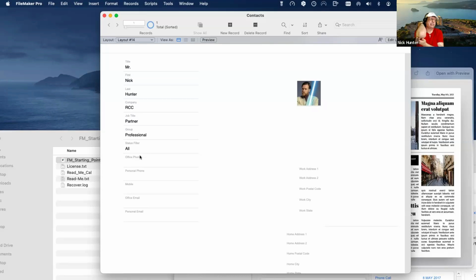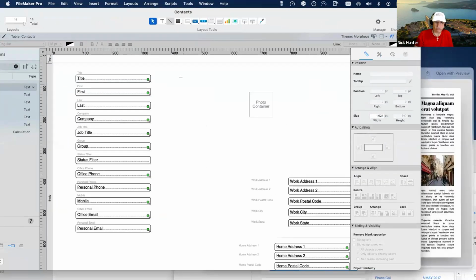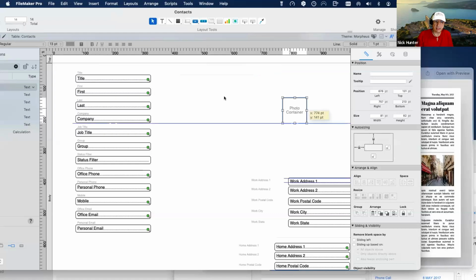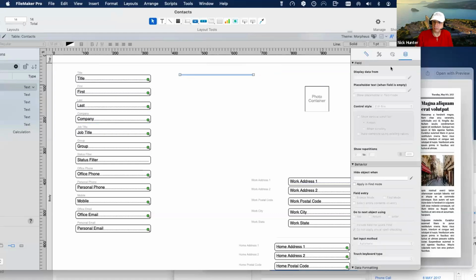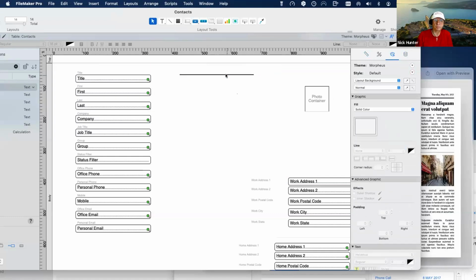Okay, it's funny because this technique of duplication comes from MacDraw, 1984 MacDraw. The one guy over there at Apple was a genius and he created this. So let me show. If I have an object like this line, let's make it black and bigger. Okay, so I have this line